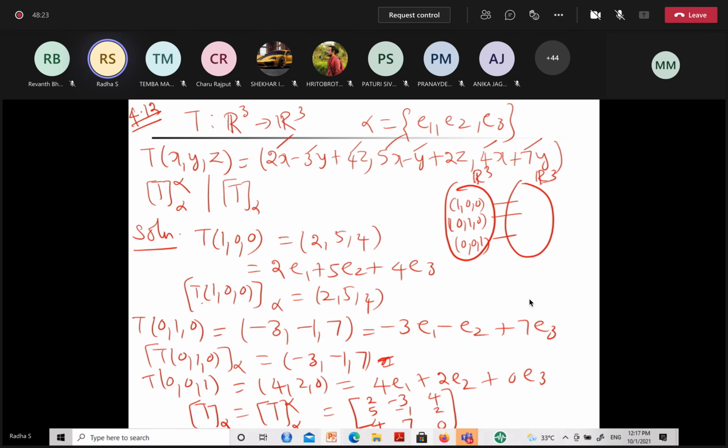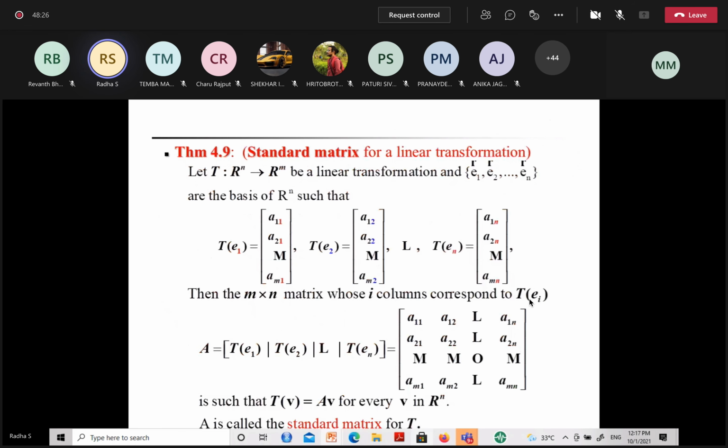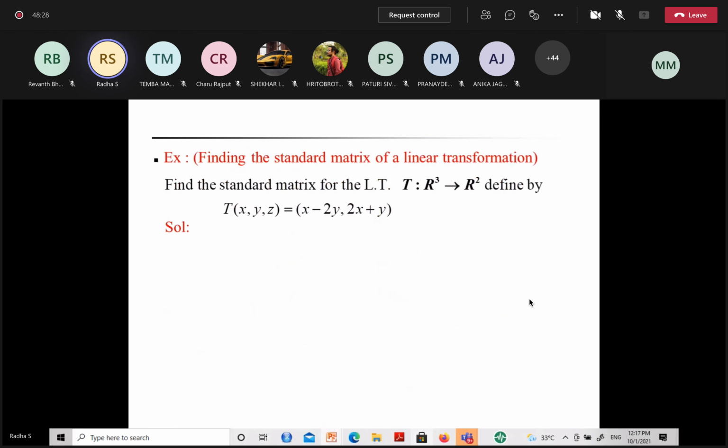Okay. We'll do something different. All standard basis, I don't write. So what do you mean by standard matrix? Standard matrix means if on both the sides, when you are defining a linear transformation from one vector space to another vector space, you have the standard basis, the matrix that arises out of that is called the standard matrix, right? Can you please take down this question? Can you try this for 2 minutes? Everybody can try.